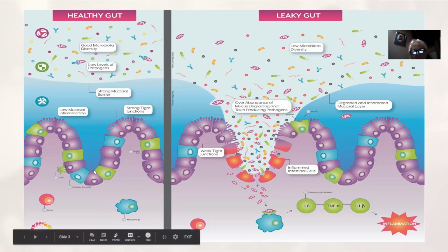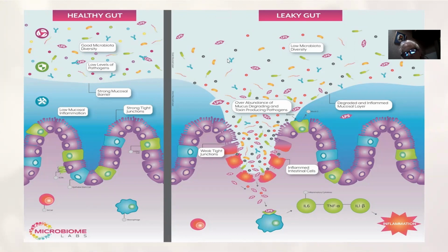There's no inflammation. So we say all of this, which is in contrast to the other side, which is our example of leaky gut or metabolic endotoxemia. You can immediately notice there's a big difference. First of all, you see there's a lot of lipopolysaccharide, and it is degrading the mucin 2 layer here. And once that mucin 2 layer is degraded, now the barrier is compromised and you have all of the lipopolysaccharide,